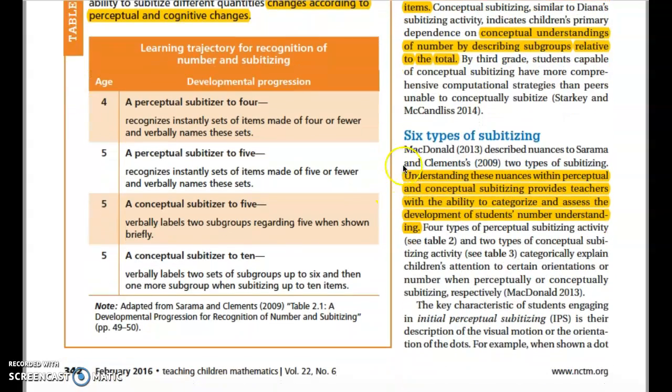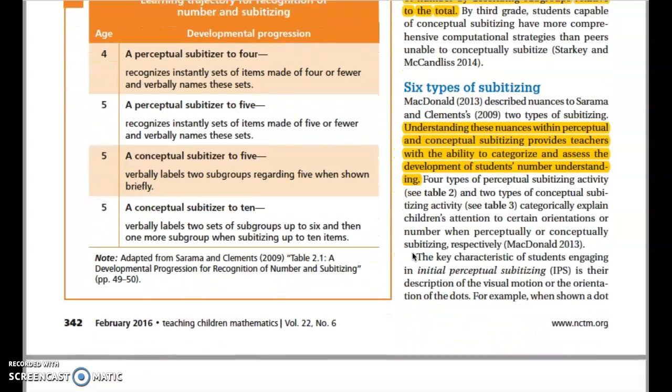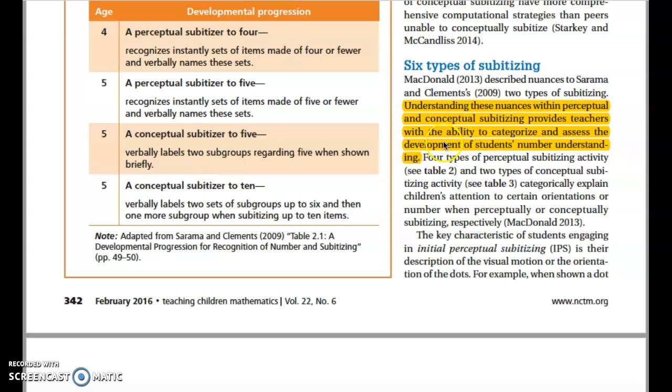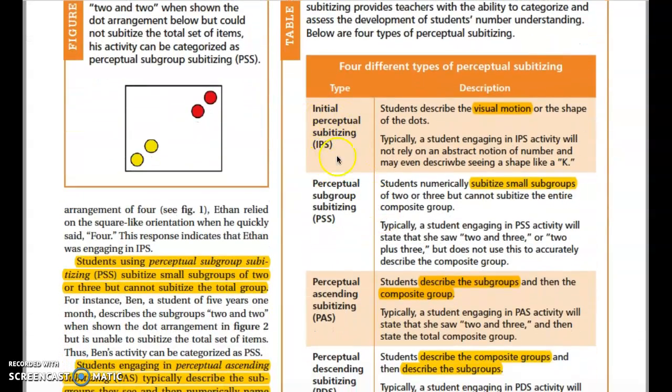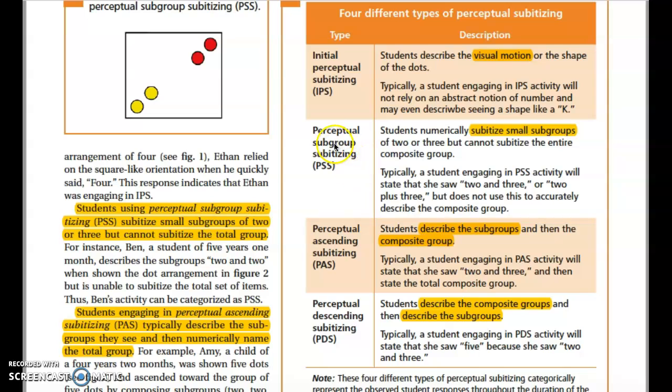McDonald goes on to identify 6 types of subitizing, which can provide teachers with the ability to categorize and assess the development of students' number understanding. They categorize them in the following way. Initial perceptual: they just see a visual motion, they cannot state the composite number. Then perceptual subgroup, where they subitize small groups and still cannot subitize the entire composite number, so they see 2 and 3, but